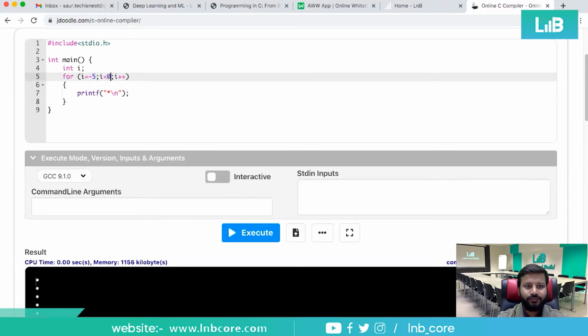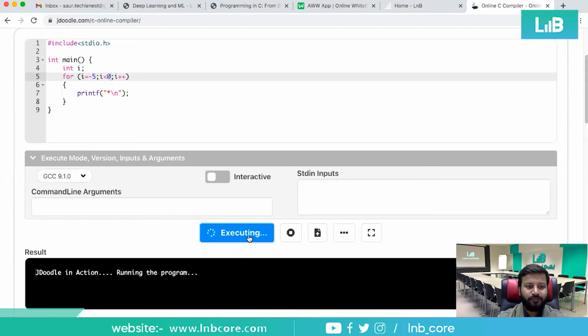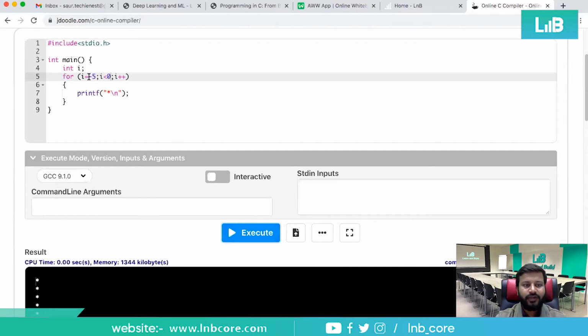It should be less than 0, i plus plus. The answer will be the same. So it does not matter how you write these values. The only thing that matters is whether the range is the same, which will help you to print this statement 5 times. If you want it for 100 times, just use 0 till 100 and that's it.